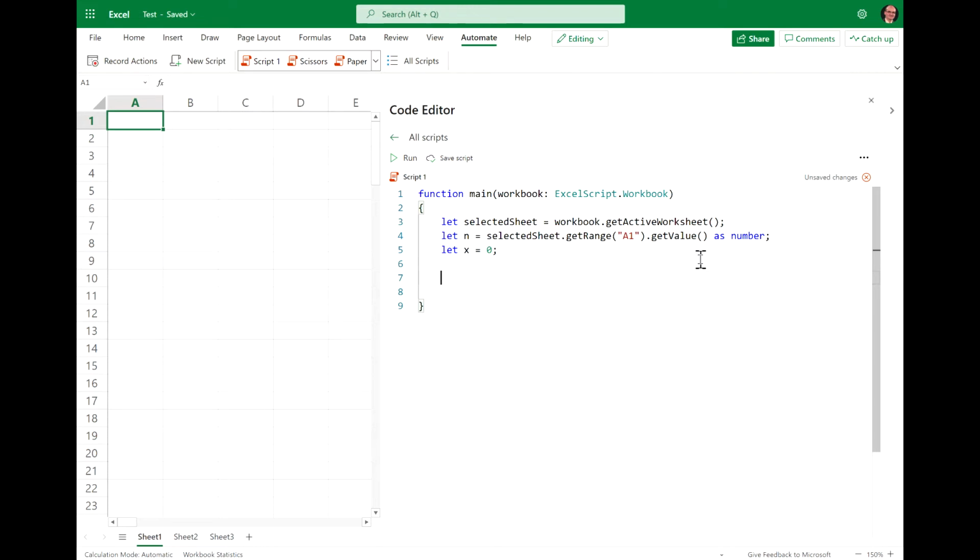Now, prime numbers have two divisors, 1 and the number itself. Complex numbers have at least 3 divisors. So we are going to use the for loop. The for loop uses a variable known as the counter or an index. So we have to declare this variable,